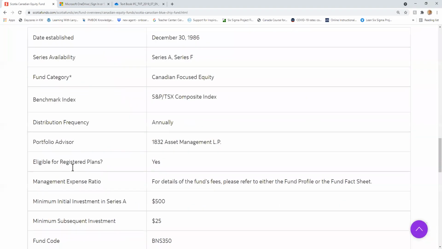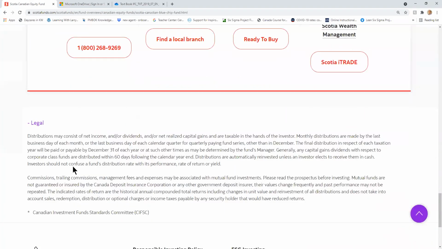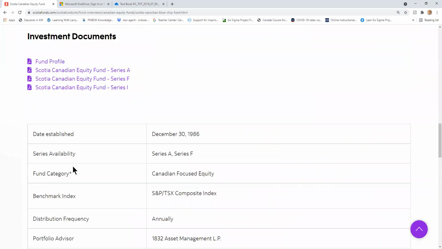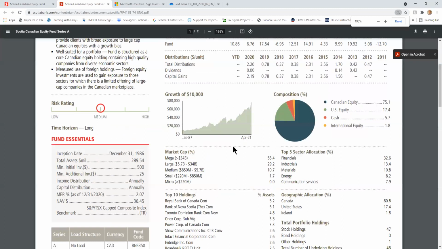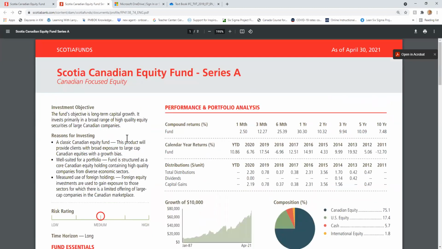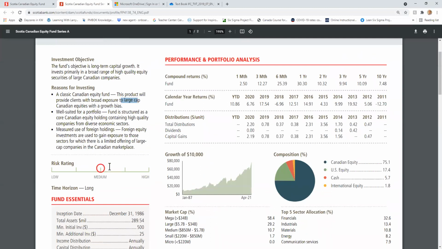So this is invested in Canadian companies, right? These are mainly in Canada, large companies with growth potential. It is again medium risk. It is not going to be low risk because it is invested in Canadian shares, 75% Canadian shares, US equity. Here the performance you can see 6 months 25%, 1 year 30%,